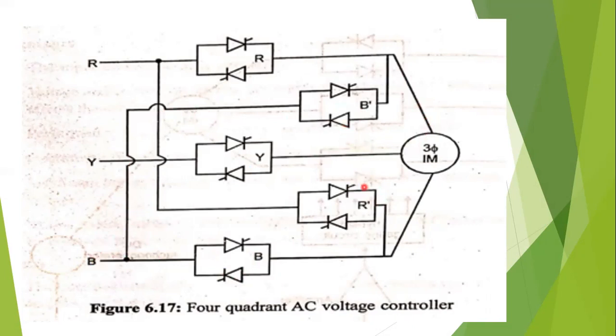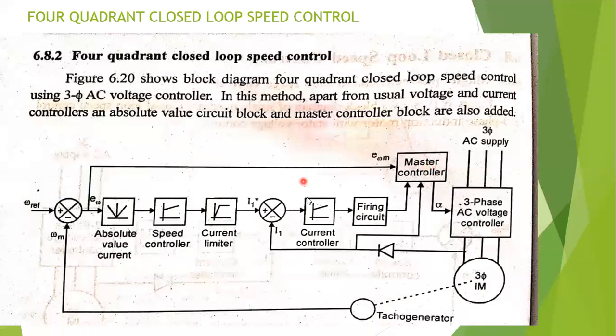If the phase sequence is changing, the rotating magnetic field of the stator is rotating in the opposite direction. That's why the rotor is also rotating in the opposite direction, okay, after taking some time. Understood? And the speed becomes 0 and then it will rotate in the other direction. Understood? So in this way, by controlling the triggering pulses, this three-phase induction motor can be controlled. So this is the block diagram of four-quadrant speed control of a three-phase induction motor.